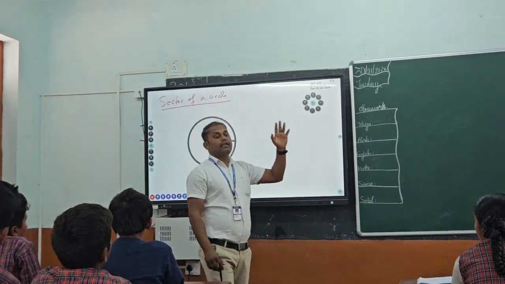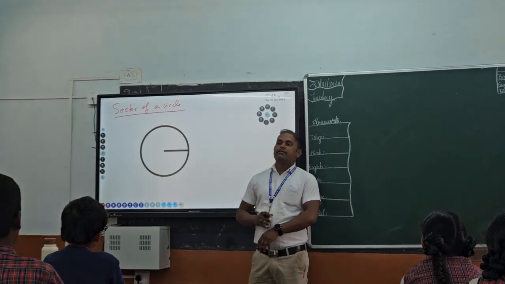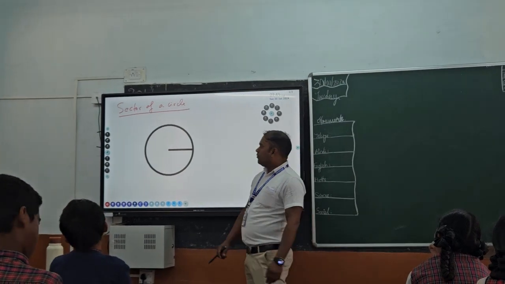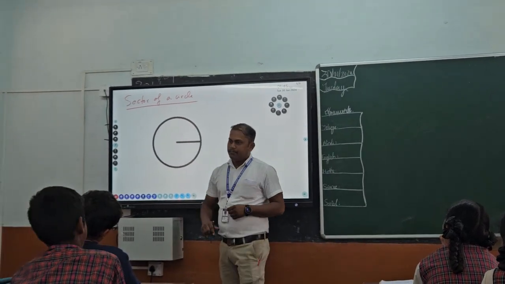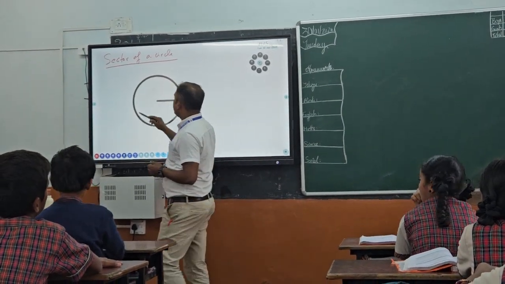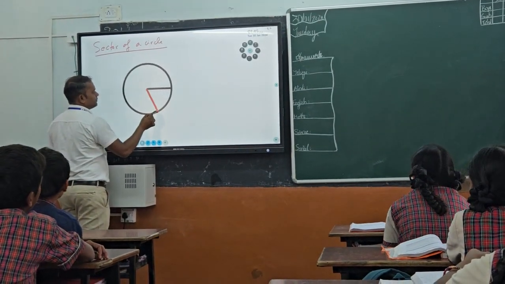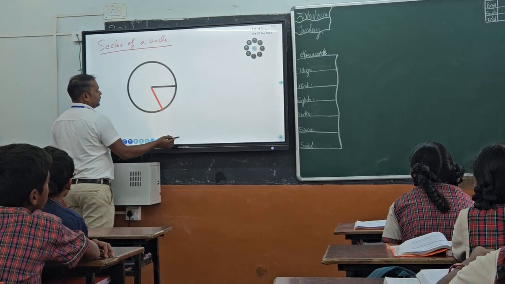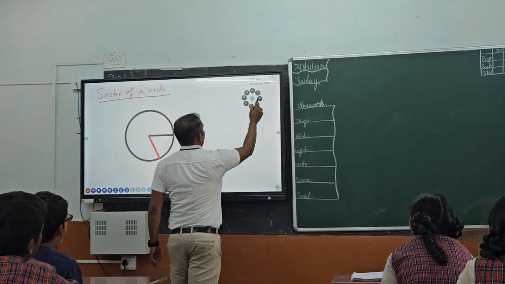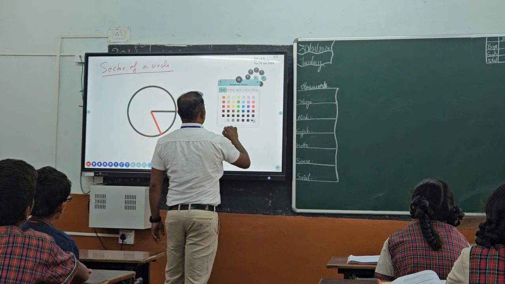Now, suppose this is your birthday cake. Normally your birthday cakes are circular or rectangular or square shape. Now, suppose your birthday cake is circular. If you cut your cake from the center of the circle, this is one piece. Okay? So this part, which part is here? The area formed by